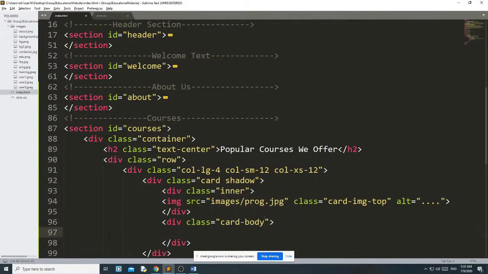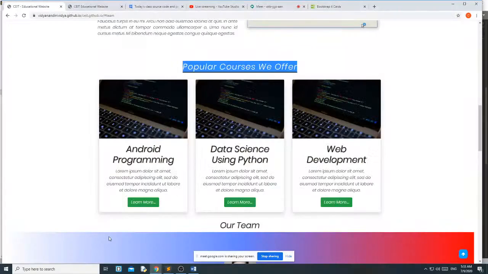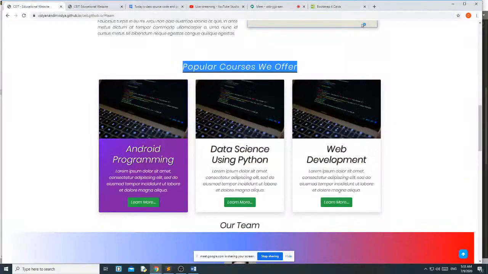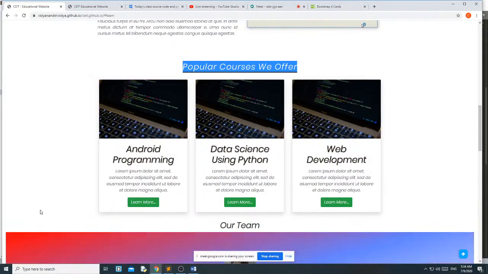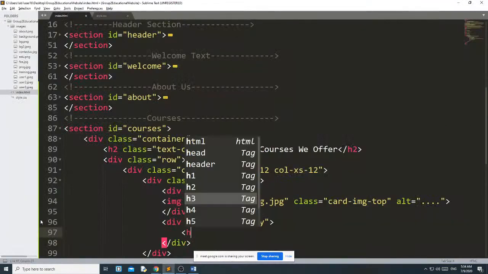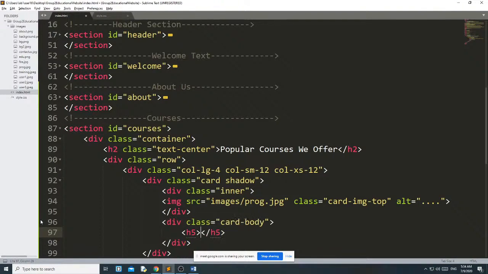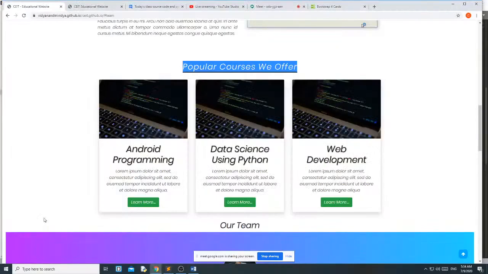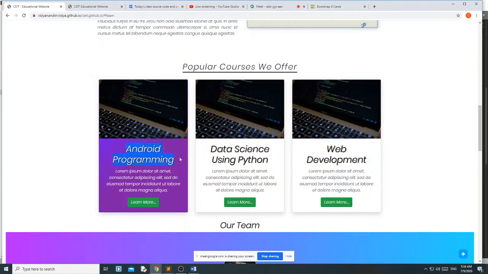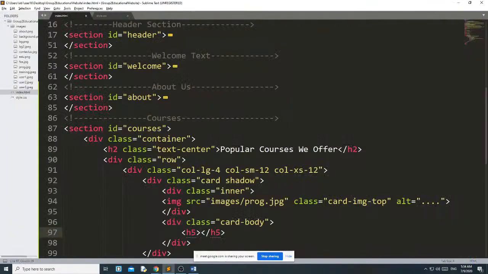Okay, in card body what are the things I have? One heading, one paragraph and one button. First the heading. In heading we have this, and this is the class card-title.